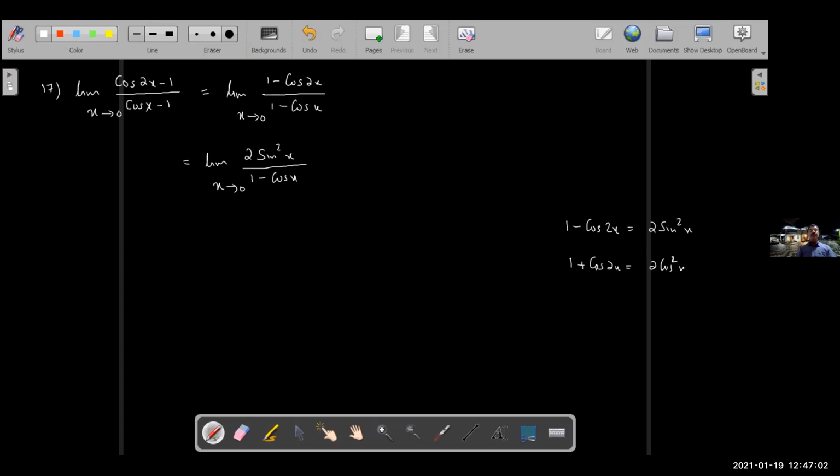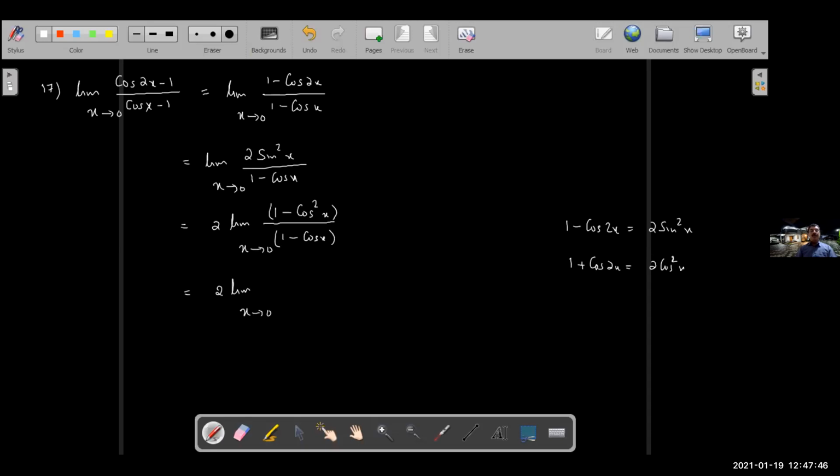Now, further simplification, is it possible? This 2 is taken out. Limit x tends to 0. Can we further simplify it? Sine square x is equal to 1 minus cos square x. Yes, definitely 1 minus cos square x, because in the denominator we have 1 minus cos x. Now, can we cancel cos square and cos? No. Again, simplification. What to do? It is a square minus b square. So 2 into